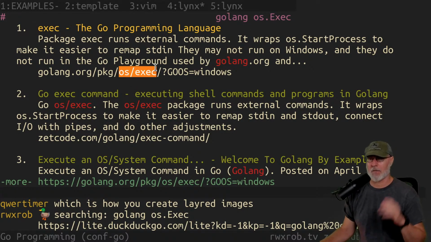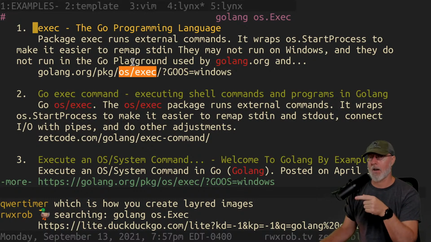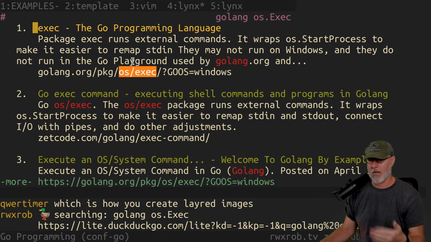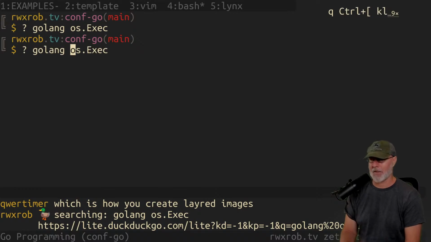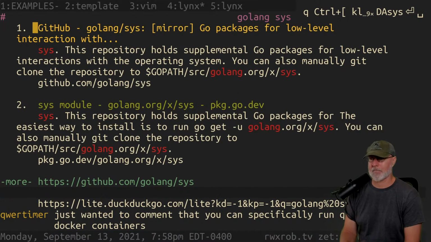Everything in os is meant to be 100% cross-compatible across all operating systems. So anything in os is safe, including user home config. I don't know if you saw, but that user home config thing we just did, or user config home or whatever. But there's a bunch of stuff that's not safe, and I will show you now. It's stuff under sys. So yeah.